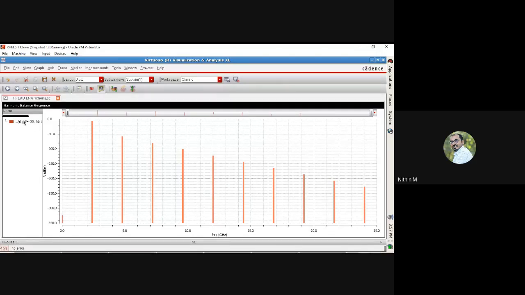Now if you look at the input amplitude, input is minus 30. And if you look at the amplitude of the harmonic component, your output signal has an amplitude of minus 9 dBm, but your second harmonic has an amplitude of only minus 59, which is very, very low. But still you have a component with some value of minus 59.